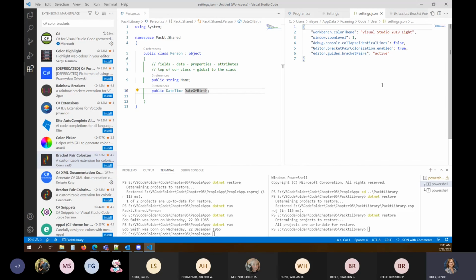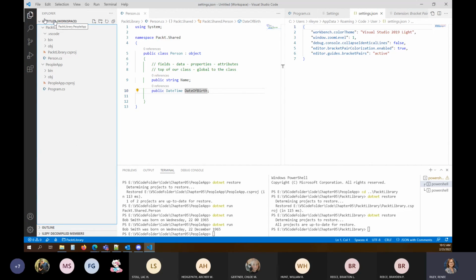Major accomplishment today, creating your first class library and a program to test your class. We can try next time opening it in Visual Studio if you like, so we can make sure that it's runnable. What I want to do though before we go is go back to my File Explorer, and I want to save my workspace because right now my workspace is still untitled.